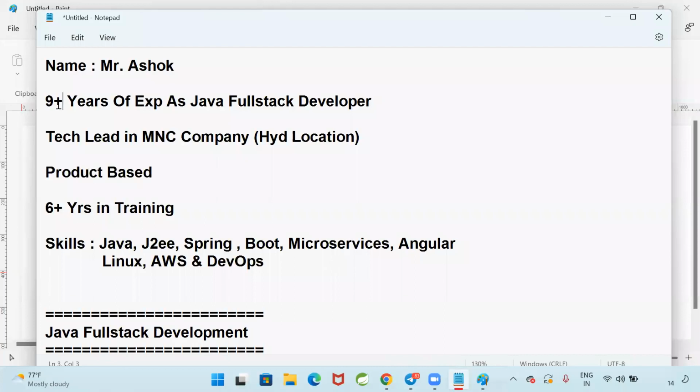Do you believe that? For the last 7 years, I have not created a single JSP file in my company projects. What is the reason? In my project, we are not using that. There is no demand for that. What we are using is Angular, or we are going to use React.